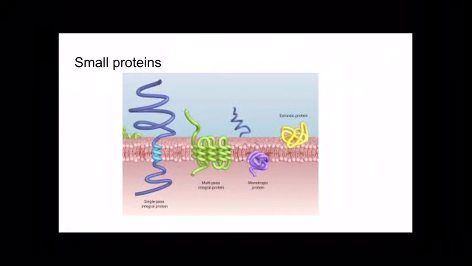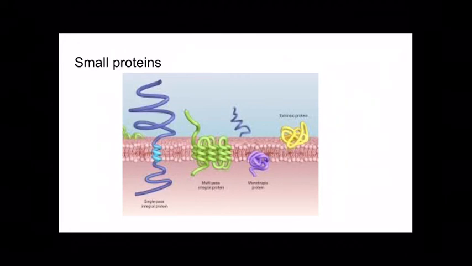They may work as enzymes. They may be acting as receptors for something that the cell needs to be able to receive. They may be acting as channels for things that need to pass from the extracellular fluid to the intracellular fluid. So there are a number of functions that proteins in the cell membrane might be carrying out. Those are just a few of them, and these are good examples of some smaller proteins doing that.